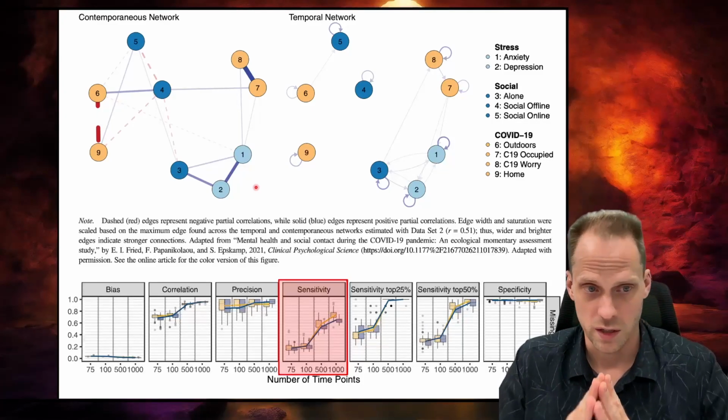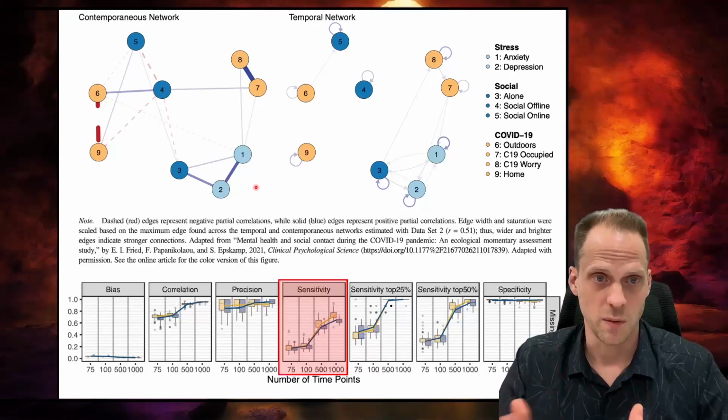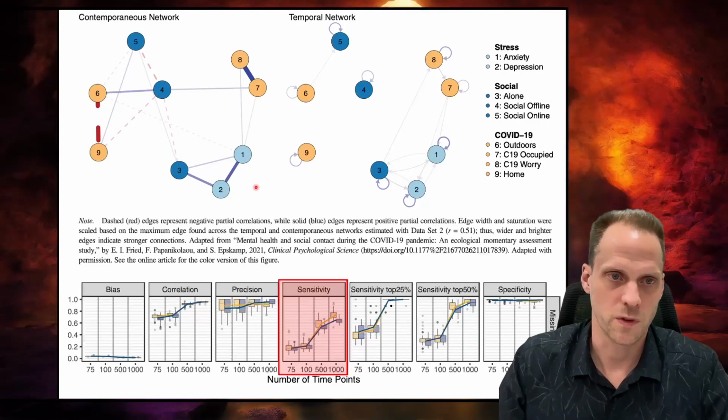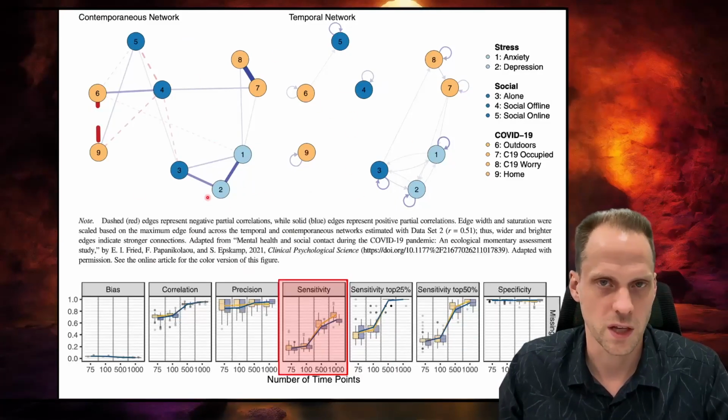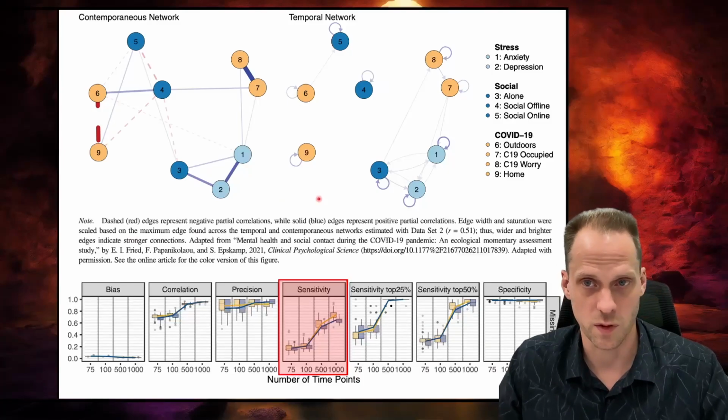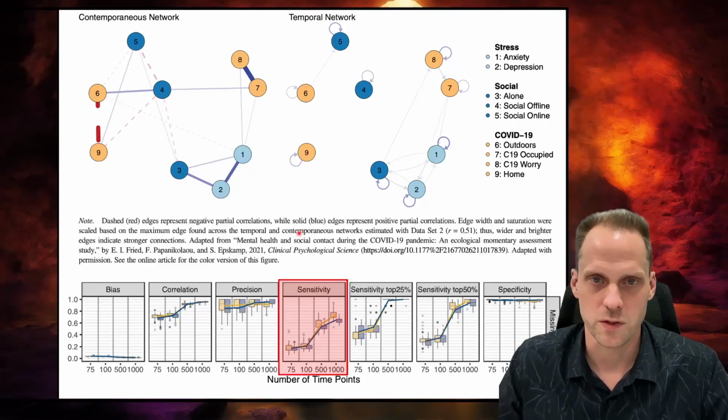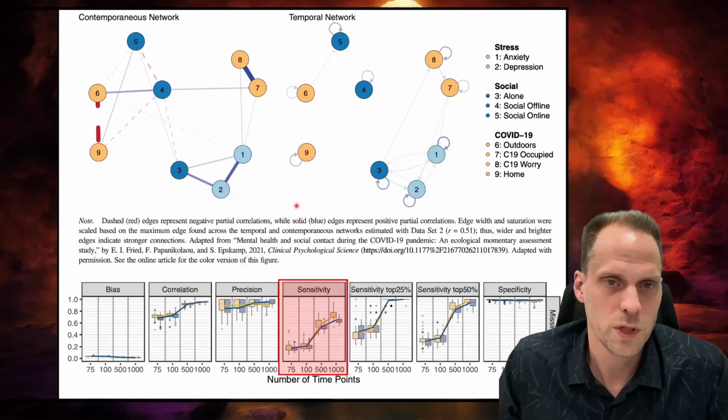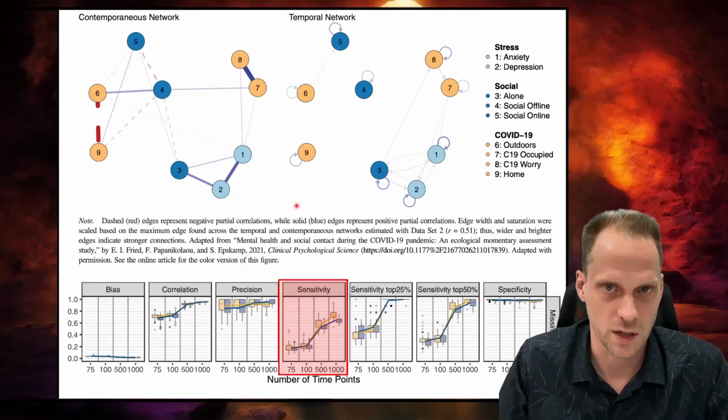And yeah, how do you solve that? Really, the only way in an N=1 setting to do that is just by limiting the model as much as you can. So we can't do this for 10, 20 nodes in an N=1 personalized setting. We can do it maybe for 5 nodes or 6 nodes. But that can still be informative in a clinical setting.